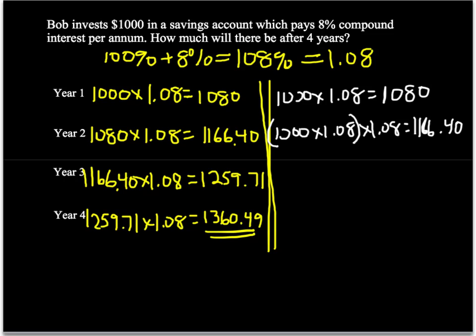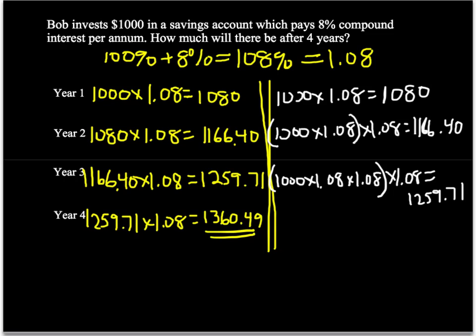$1,166.40. So in year 3, instead of writing down $1,166.40, Bob has 1,000 times 1.08 times 1.08, because as we can see from above, that is the same as $1,166.40, and he's going to earn 8% interest, which is going to give him the same amount of $1,259.71. And so in year 4,